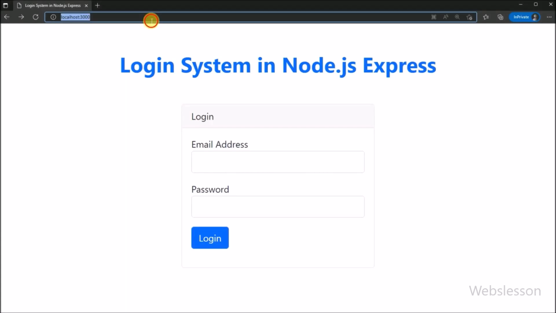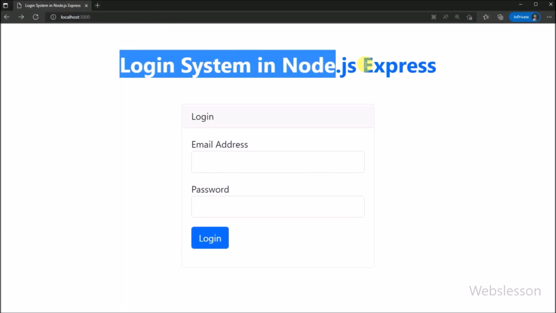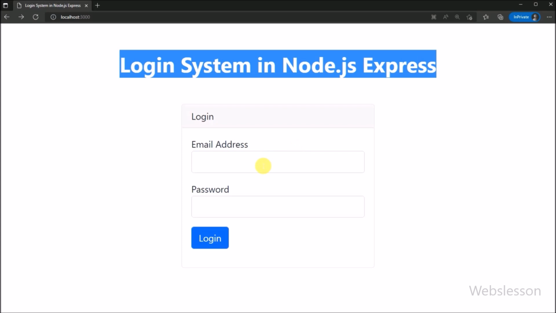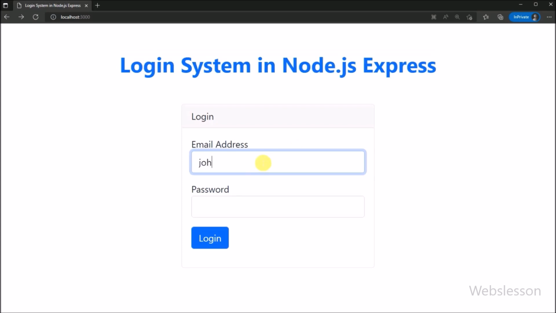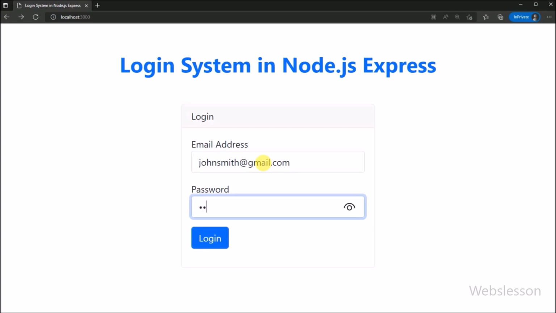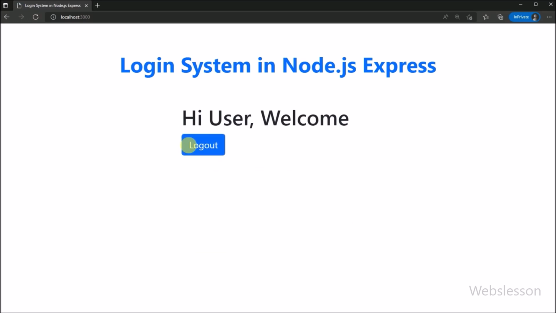Hello friends, in this video tutorial, we will develop a login system with Node JS, Express and MySQL database. And we will create a login page for a Node JS application. So in this tutorial, you will learn how to create a login system in Node JS with MySQL database, and